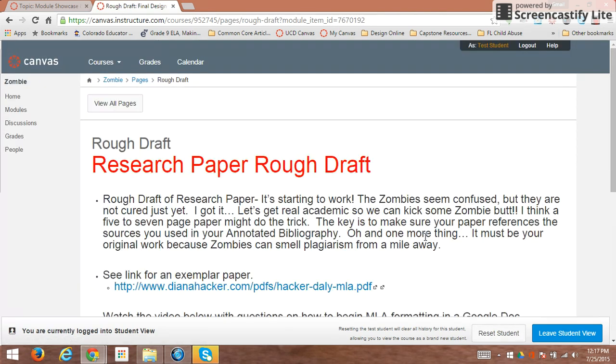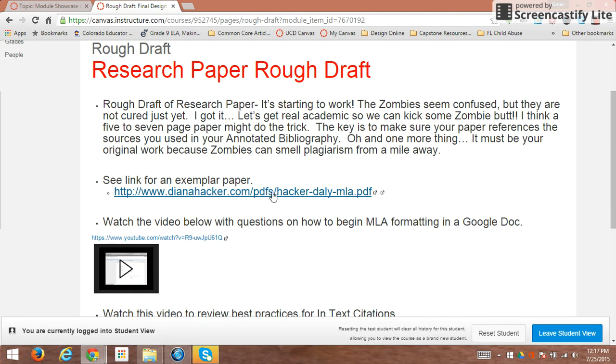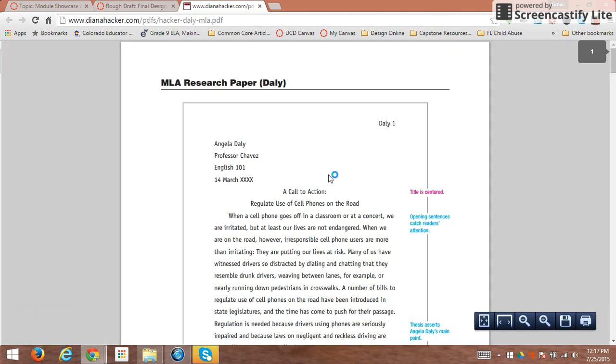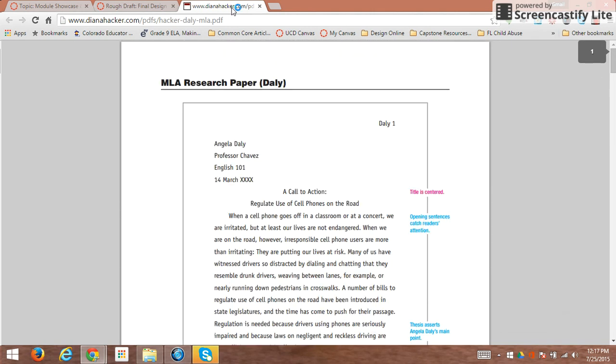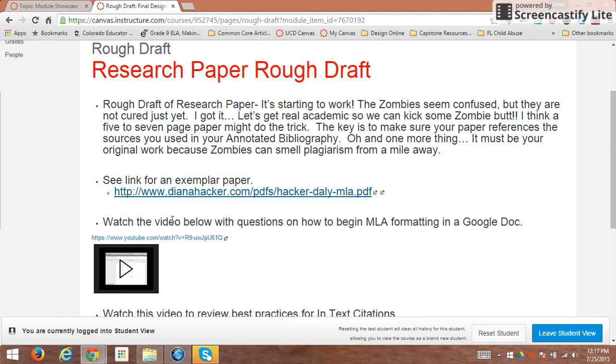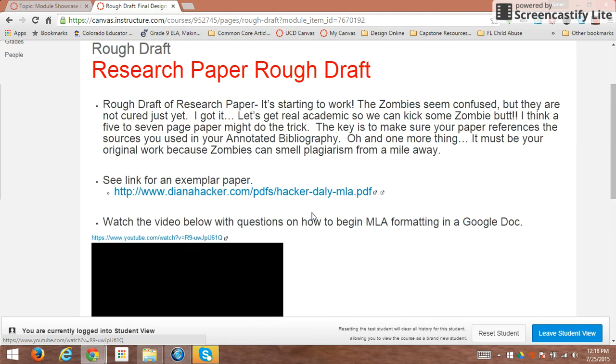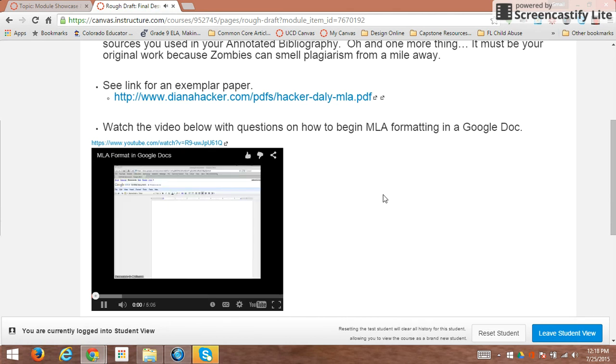And then for the rough draft assignment, I've included another exemplar. So this is an exemplar paper that they could read with MLA format and some tips on how to maintain MLA format. And then also a tutorial of how to begin MLA formatting in a Google Doc. Again, this is the end of the year, so they should have learned this already. But if they've forgotten, they can just watch a 5-minute tutorial that's going to help show them exactly how they should format their MLA document,